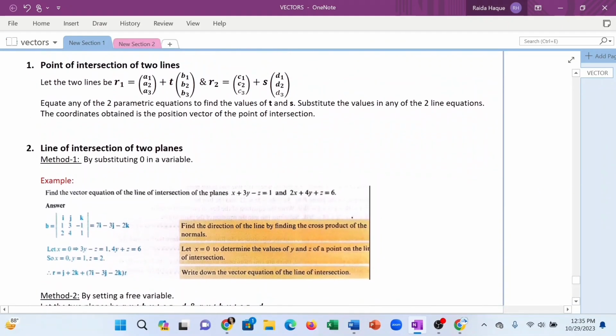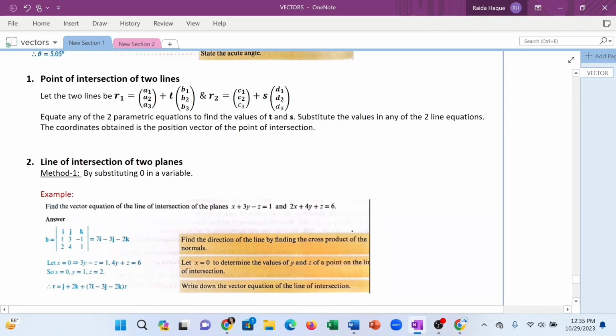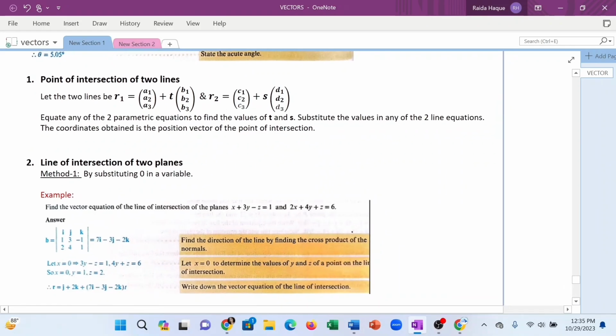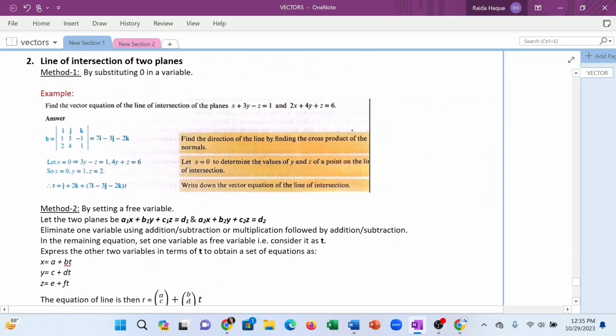Now, moving on to the line of intersection of two planes. So for the line of intersection,